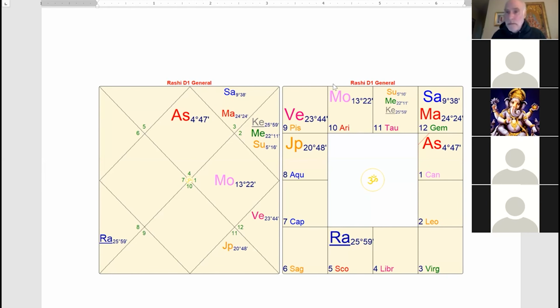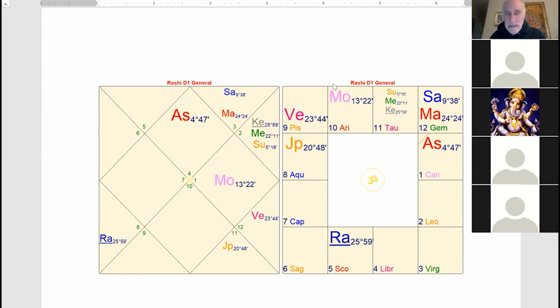Because some of you may be aware that there's an unfavorable yoga talked about in Phaladeepika related to the 10th house, where if the 10th lord goes to a trika house, 6, 8, or 12, with the additional malefic influence on it, then this is referred to as a Dur-yoga, and could actually be an unfortunate combination related to one's career. In the same way that the 11th lord in the 12th used to be viewed very unfavorably because the lord of gains in the 12th house is expenses.